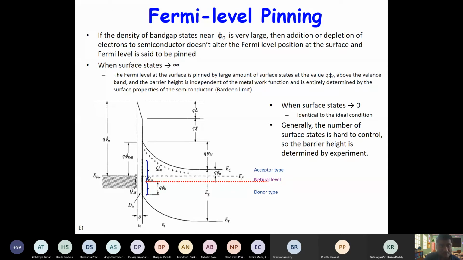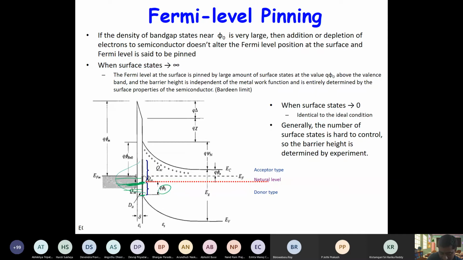So these are the states, and let's say these states occur at energy Q phi naught from the valence band edge. So you can say the distribution basically looks something like this, and this is the middle thing. Up to this it is neutral, and if it is filled to less than this, the lower state will act like donor type. If it is filled here, then it has extra charge, it will be acceptor type.